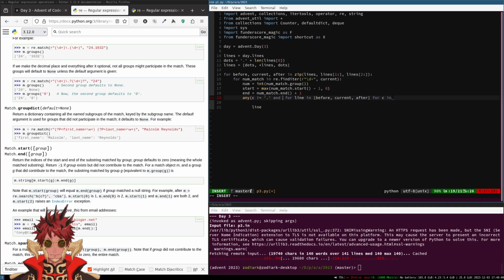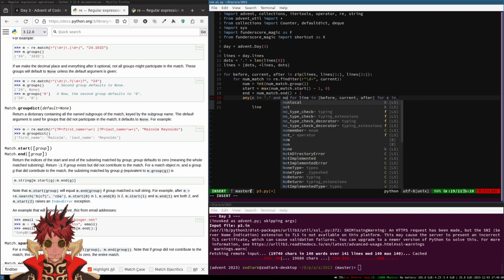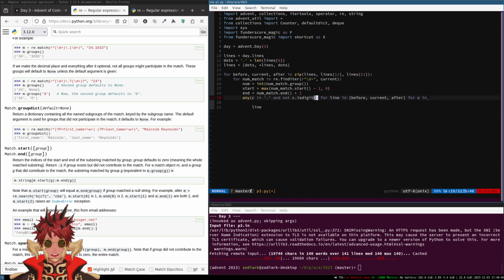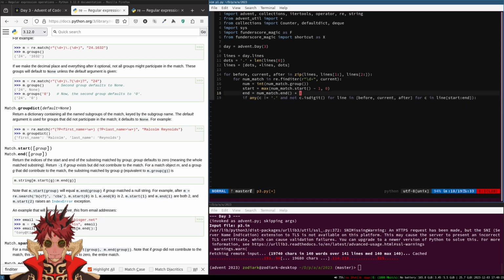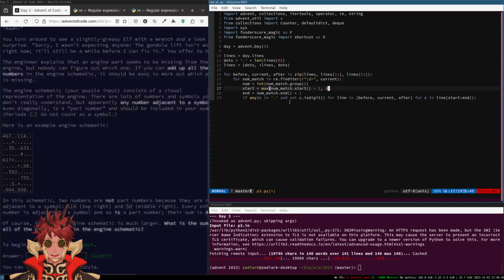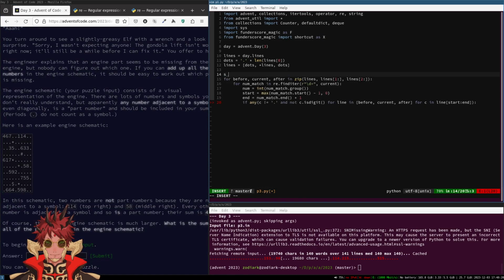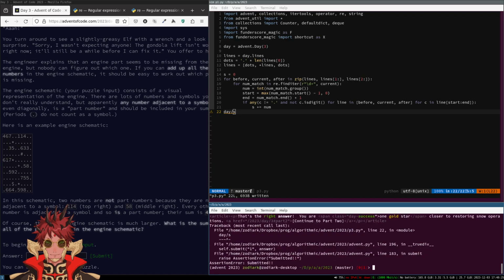That can't be a period, and it can't be a... So this is the expression we're going to use to check if there is a symbol existing. So for every line, every character in that slice, if that's true, we're gonna sum it up, right? That's what we want to do. S plus equals.